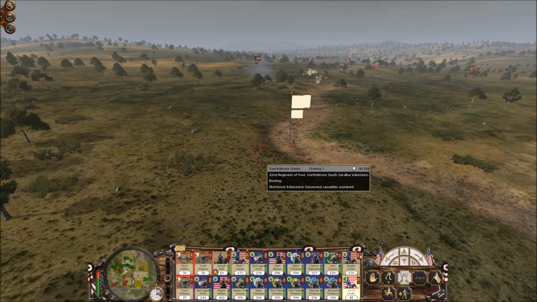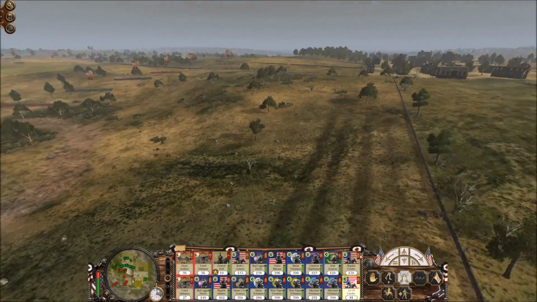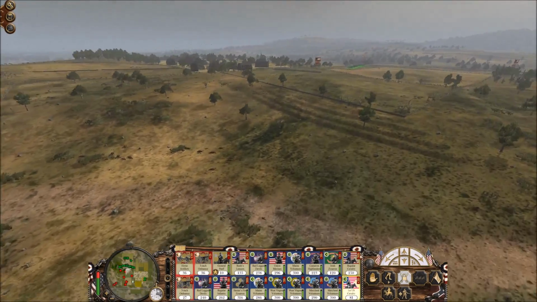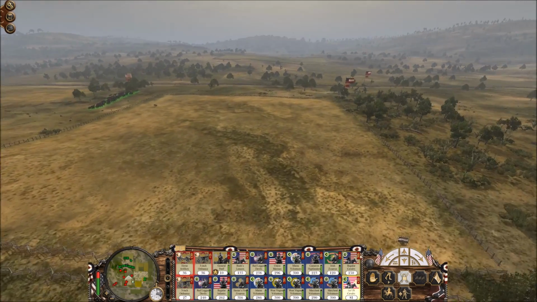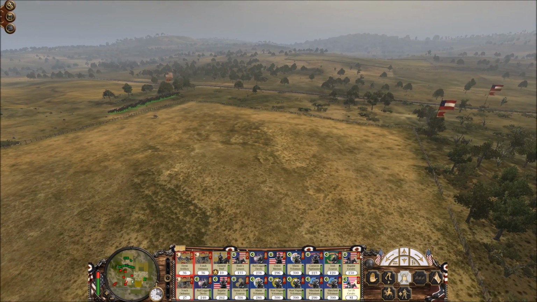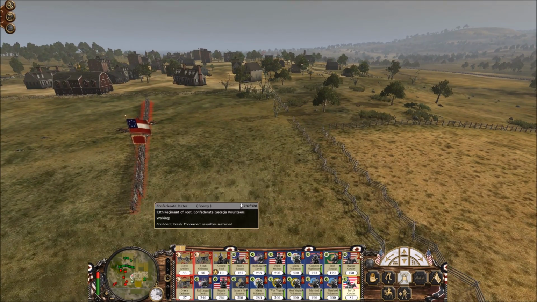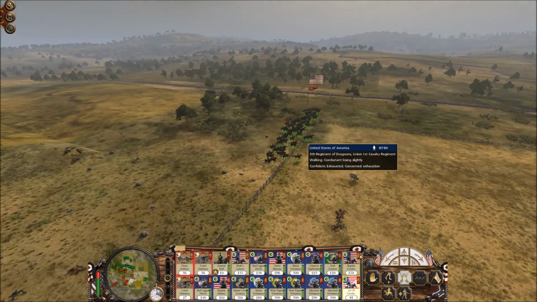And these guys do not look like they're doing any good. We're now advancing on old Confederate positions. Cavalry is just making its way here. How many men are we losing? As long as these guys turn around, I gotta focus artillery fire here, but